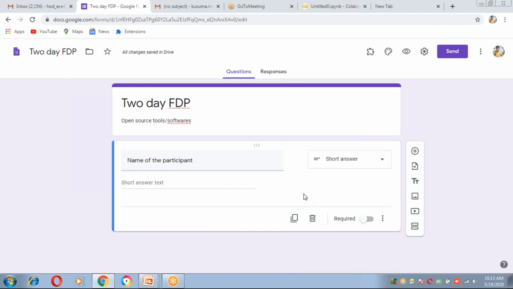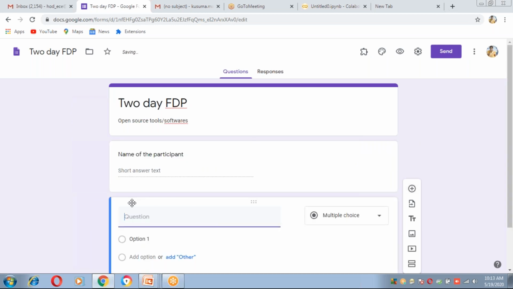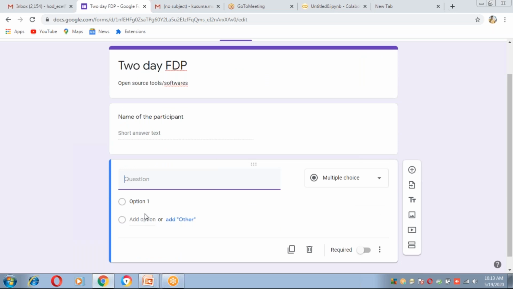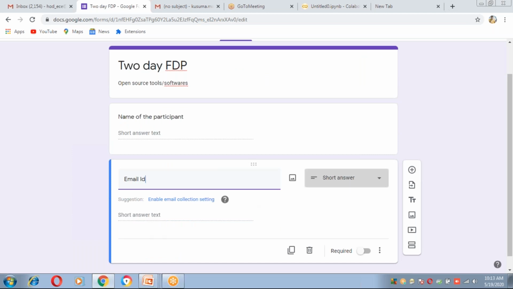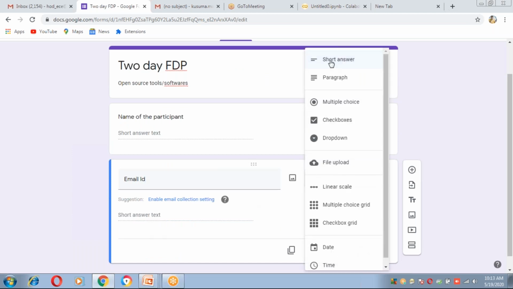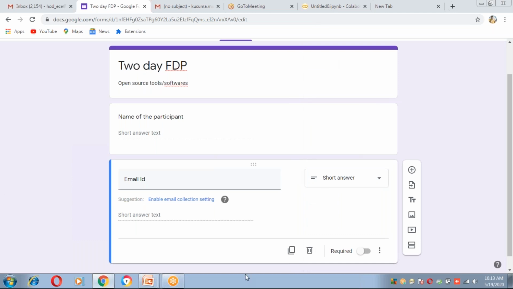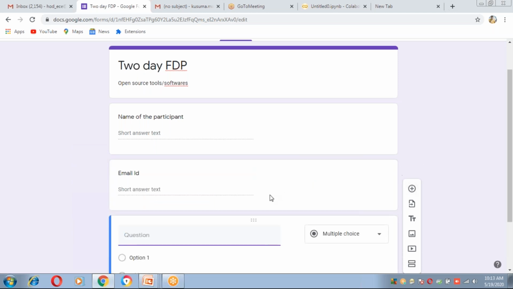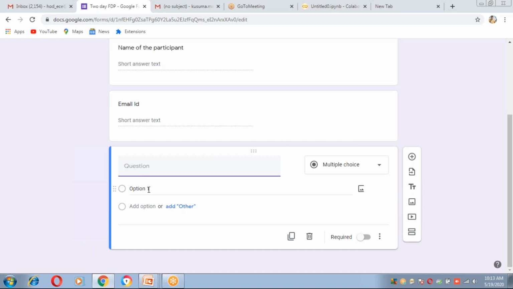Now, second question. To add the second question, click on the plus symbol. Now the second question will come. For example, email ID. This is also a short answer. Now again the plus button, and the third question will come.